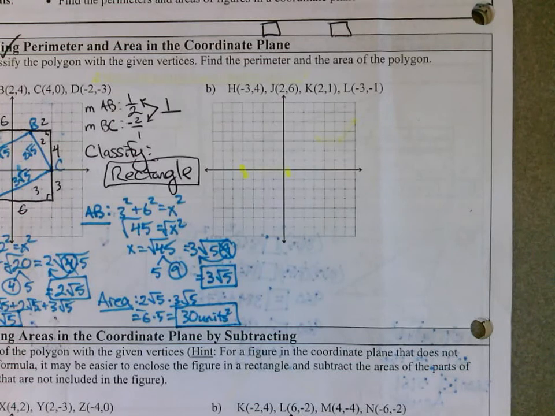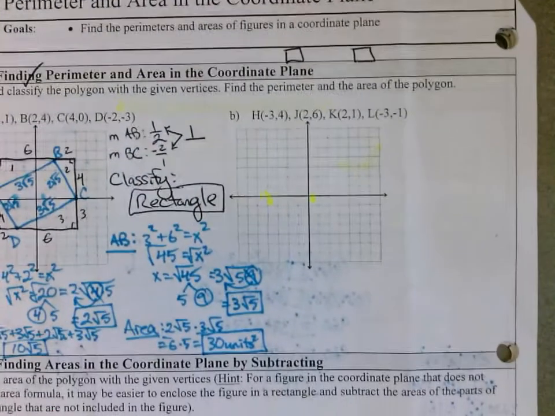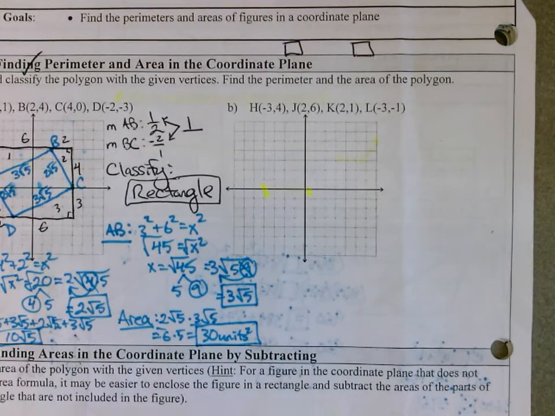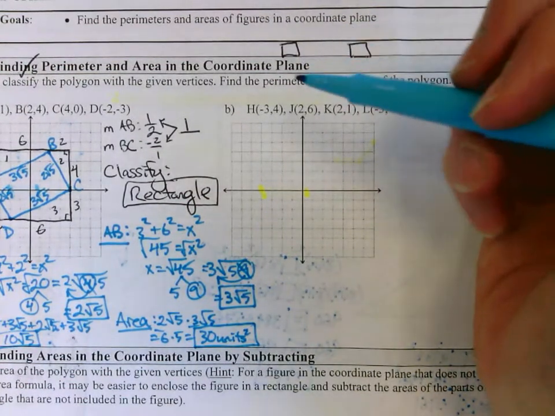Hi everyone, here we go on problem example 2b for our section 9.4 notes. The directions above read: draw and classify the polygon with the given vertices, and then find the perimeter and area of the polygon. First thing you're going to want to make sure that you do is get that plotted correctly